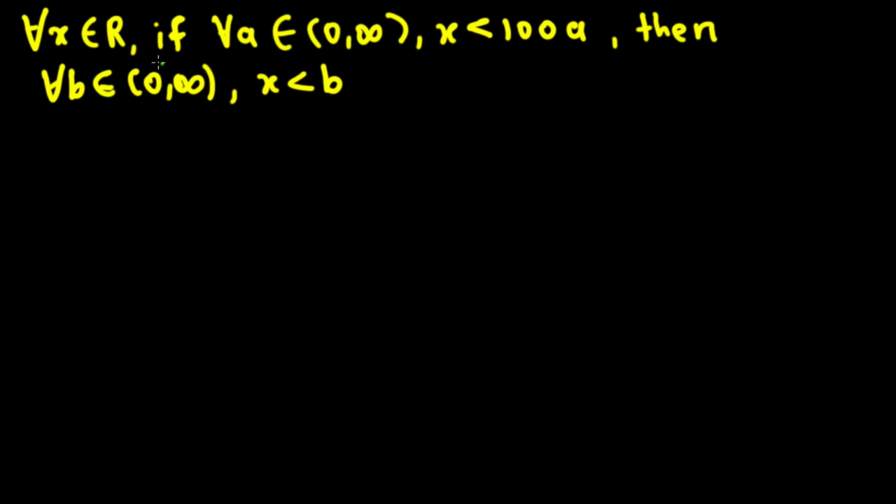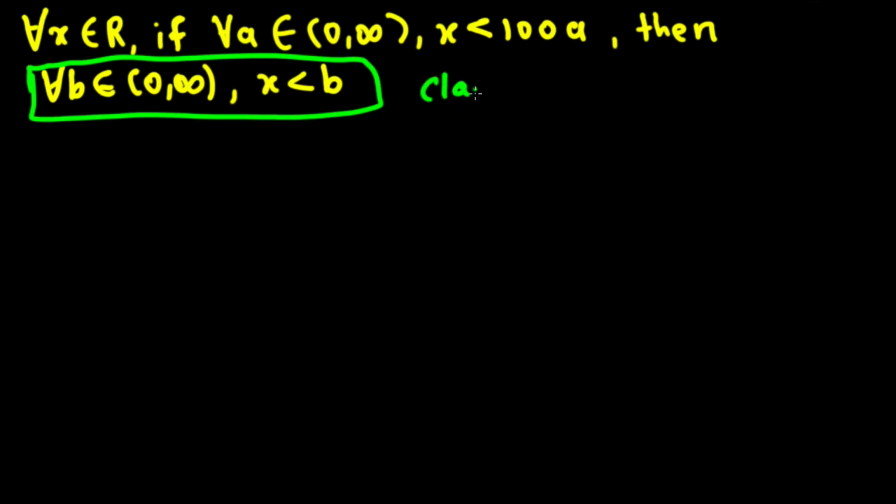Okay, so whenever we have an if-then statement, the one that comes after then is our claim. This is what we want to prove. This is our claim and this is what we want to prove. And first of all, we have to take, let x belongs to real number, and also we have to assume